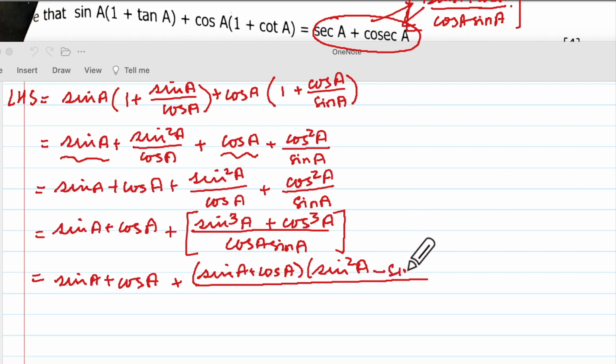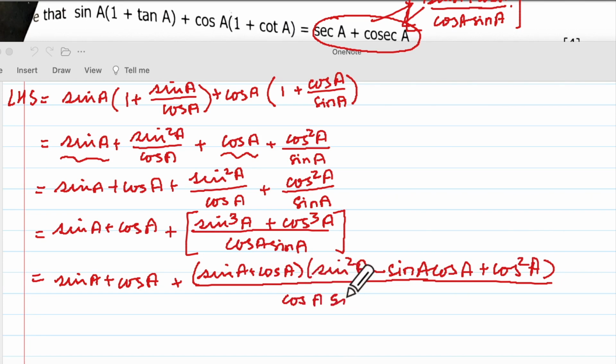Minus sin A cos A plus cos square A. Very good. And the denominator is cos A sin A. Now, can you spot this? Put brackets here and here. Isn't this equal to 1? Yes. Okay, so put a bracket for this and you'll have